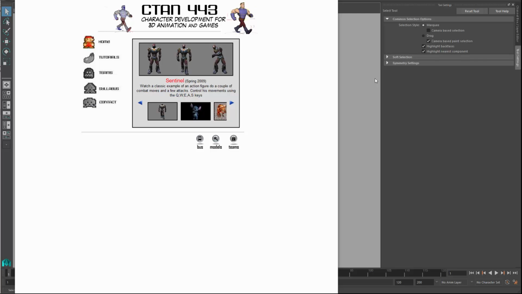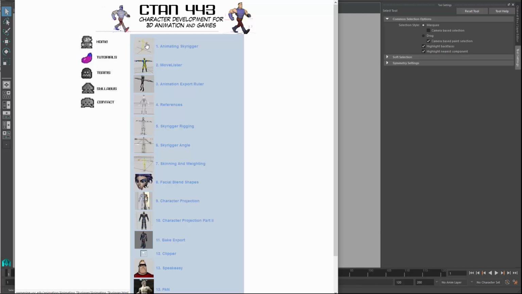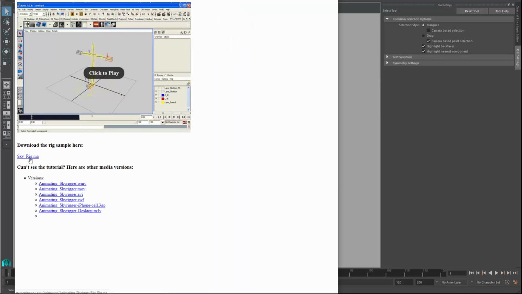Hello, this is the tutorial on how to animate the Skyrig. Go first to the class webpage, click on Tutorials. You should have a tutorial here, the first one called Animating Skyrigger, and on it you should be able to